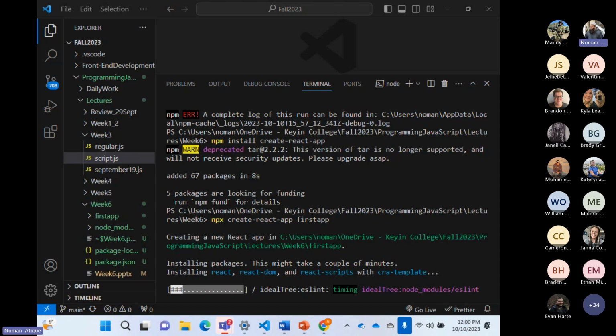Oh, that's wonderful, Janier. It means your project is working. If it says happy hacking, it means that your project is ready. Otherwise, run this command and then run this command: npm create-react-app and first-app. So for those for whom it is saying happy hacking, you are all good to go. Happy hacking means you are happy to hack, right? We are ready to hack.